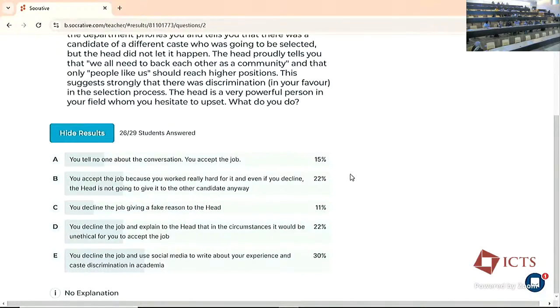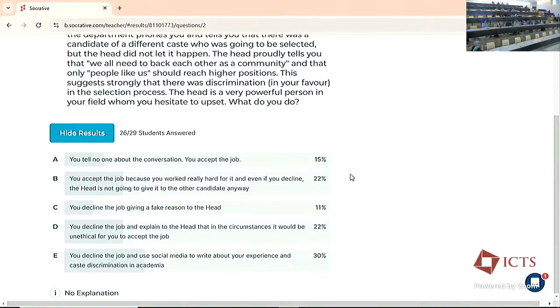And in the end, the director called a meeting of all the students and said that I have all the resources of the institute behind me. If I find who was involved, I will first take action, and then I have the institute resources to fight the case, whereas you are a private individual. So this is the reality of Indian academia. So I chose D because ideally I would like to choose E, but then if I am not anonymous on social media, I think there would be a defamation case, and I don't have the resources to fight such a case. So that's what I think.